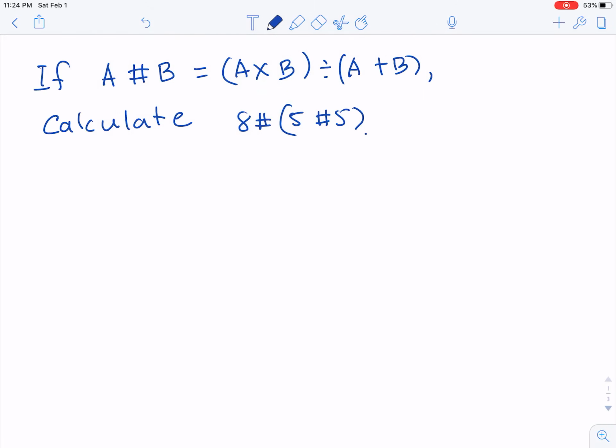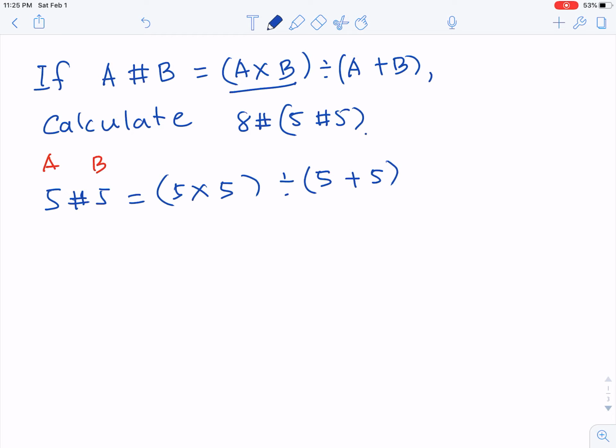So using the formula for 5 sharp 5 is equal to, ano yung A natin? Ang A natin ay 5 at ang B natin dito ay 5 din, di ba? So ang A natin ay 5 at ang B natin ay 5. Meaning, this becomes, what is A times B? This is 5 times 5. And then divided by 5 plus 5. Kasi yung A tsaka B ay 5. So, meaning this is